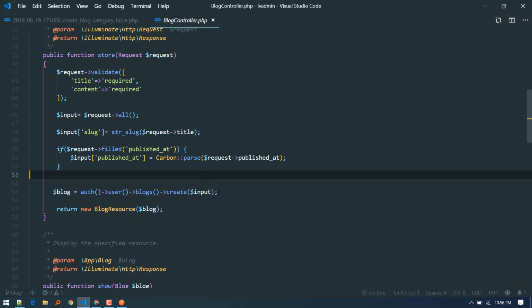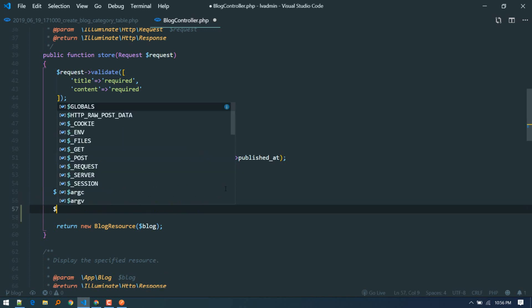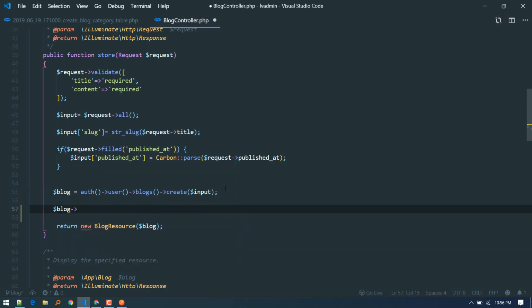So while storing, up to this point we got the newly created blog here, and after we got this newly created blog, we'll access the categories, and then we'll call the sync method,